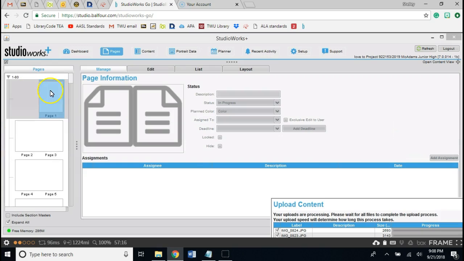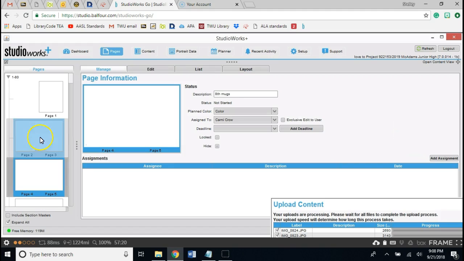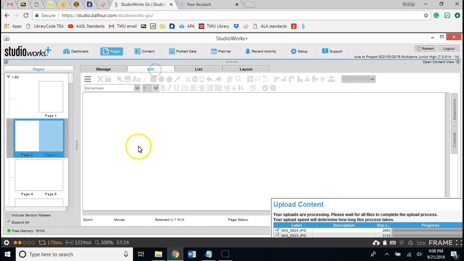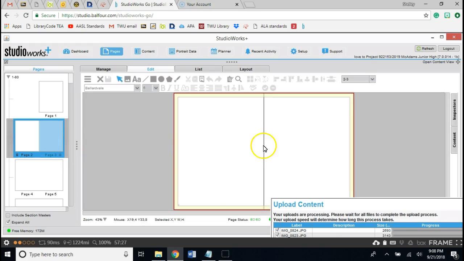So let's say I want to go to what is this? This is my table of contents. I want to edit my table of contents. So I'm going to go into my edit screen. I'm going to click on it. I am going to drag in